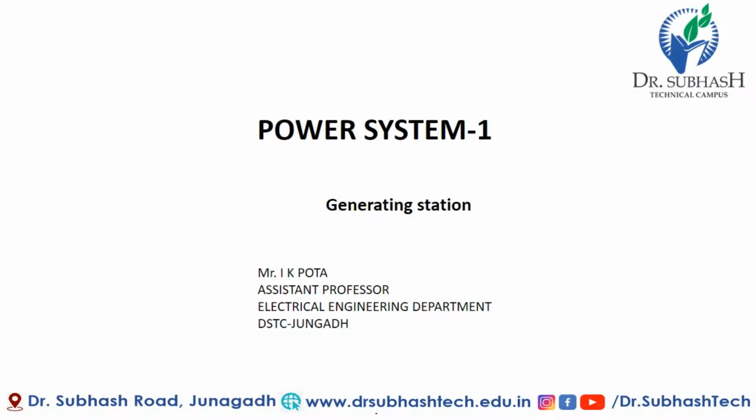Hello. Today's topic is the schematic arrangement of a steam power station. A steam power station basically works on the Rankine cycle. Steam is produced in the boiler by utilizing the heat of coal combustion. The steam is then expanded in prime movers and is condensed in a condenser to be fed into the boiler